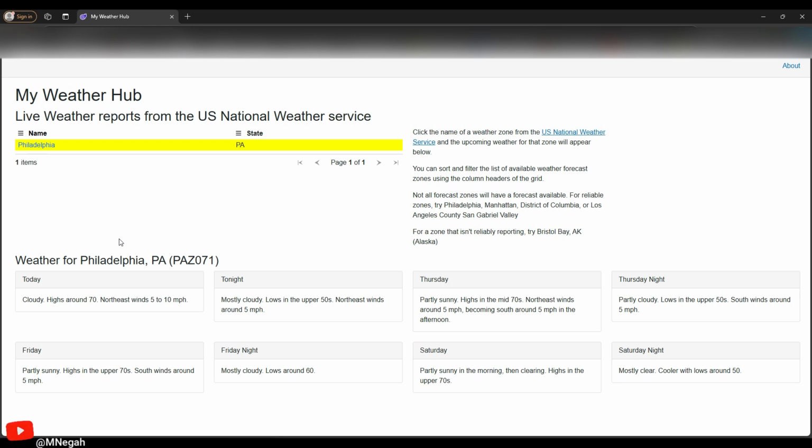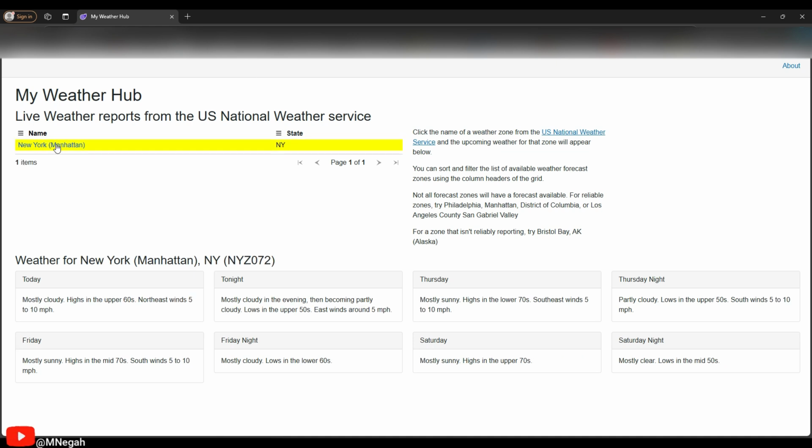Since this is live data, I can change the location and look at the weather for Manhattan, New York. When I do that, I see similar weather conditions for Manhattan. You can also play around with this and try out the sample data yourself. The API is publicly available, so feel free to explore different locations. Let's now search for Juneau, Alaska.